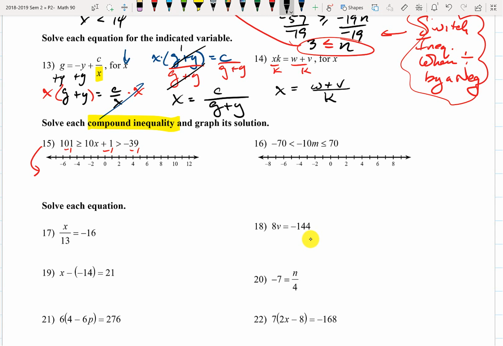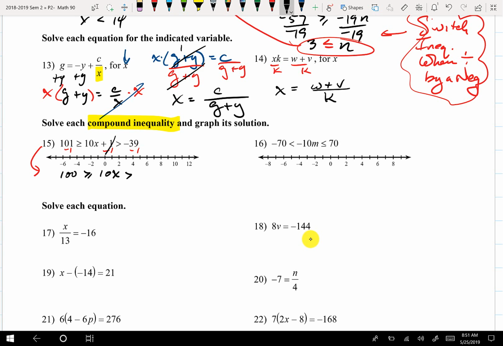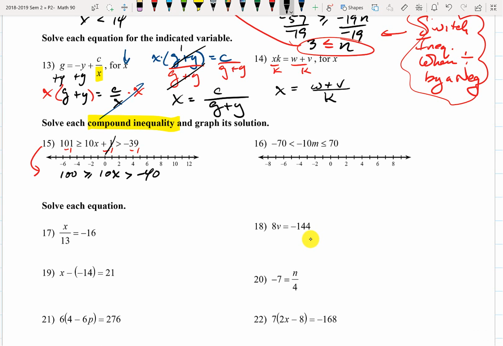So what do we have? So 101 minus 1 is 100, greater than or equal to 10x now. The negatives cancel out, obviously. Greater than -39 and -1. That is a -40. Okay, so now you just divide all 3 parts by 10. So it's just like equation and inequality solving, just it has 3 parts versus 2. So you have 10 greater than or equal to x, which is greater than